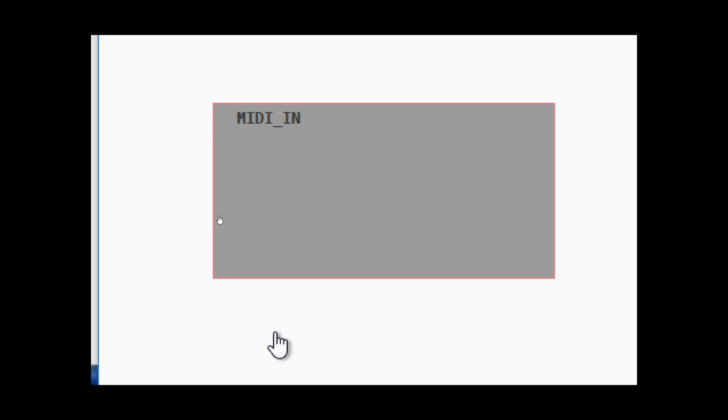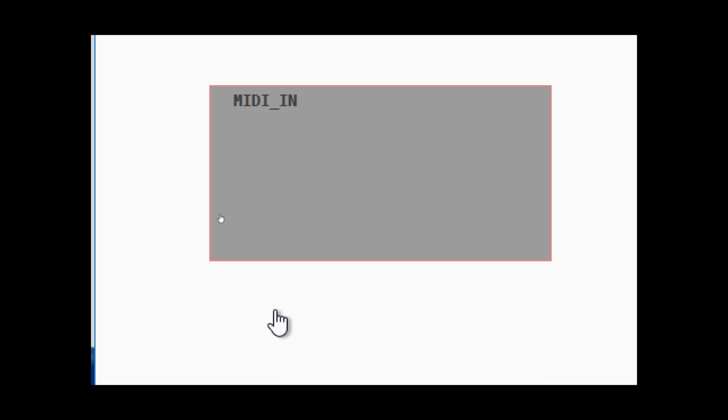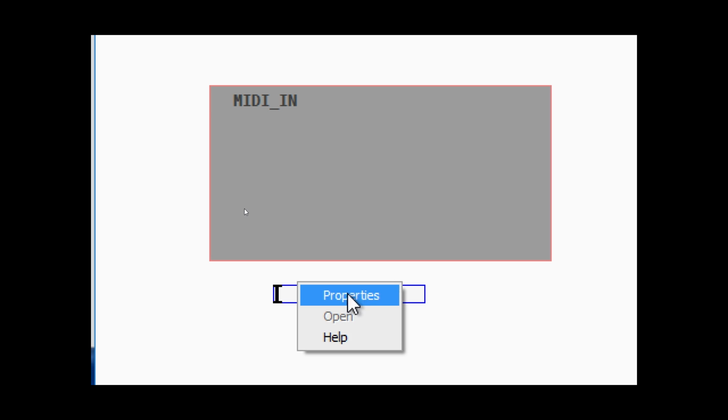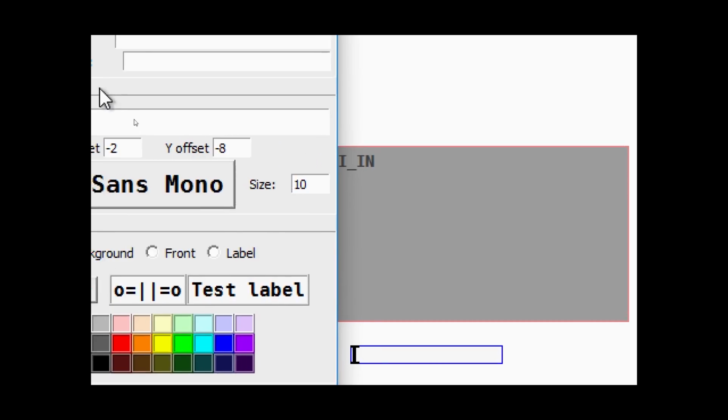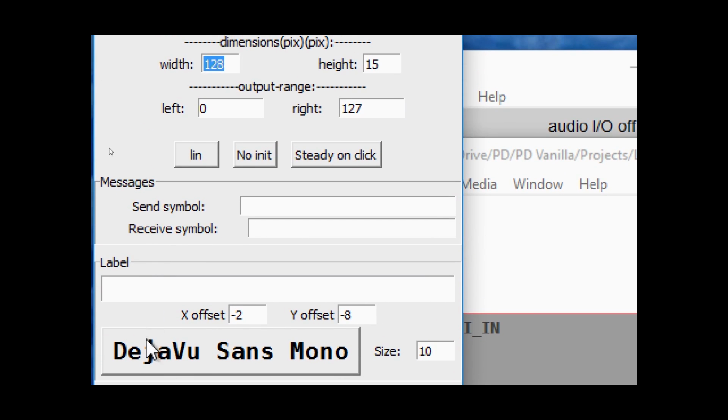Now, what I'm going to do is make some of the visual objects that we're going to have here. This MIDI in is first of all going to take notes in. So I'm going to make a slider to display what note is being played through a MIDI device, an external MIDI device. And so I made a horizontal slider, Control-Shift-H, Command-Shift-H in Mac. Right click, go to Properties, and